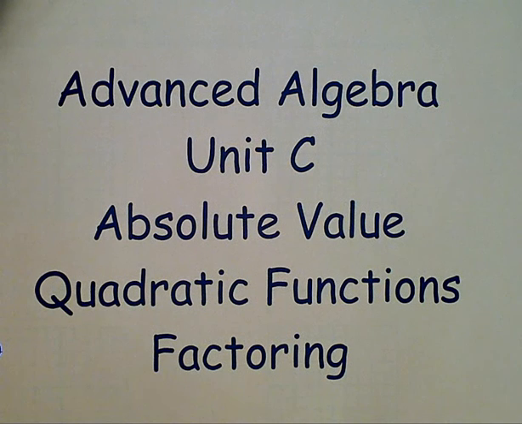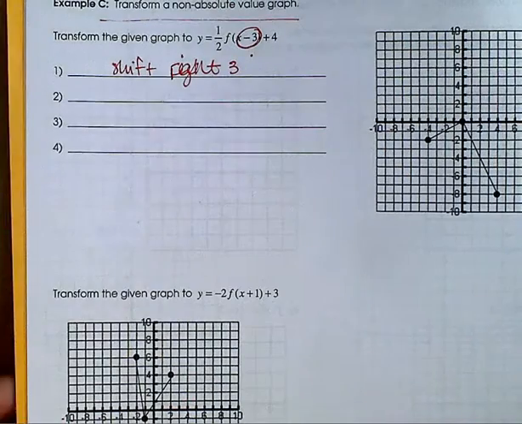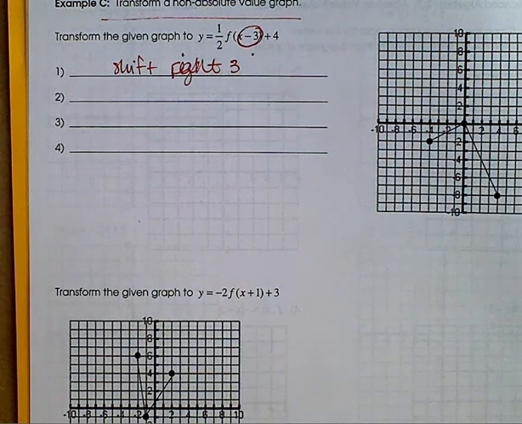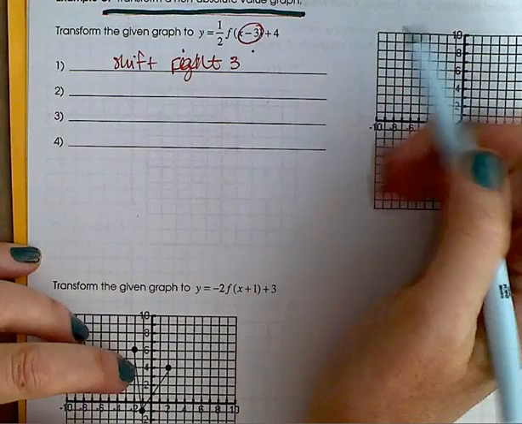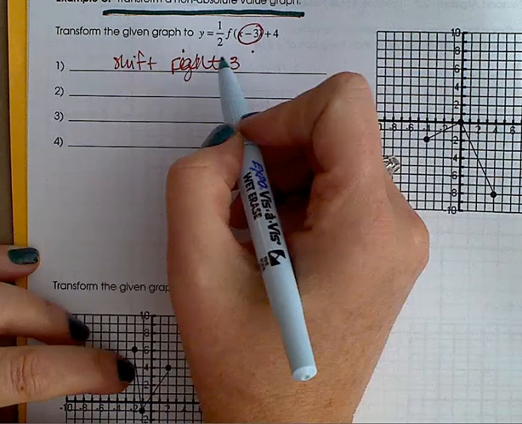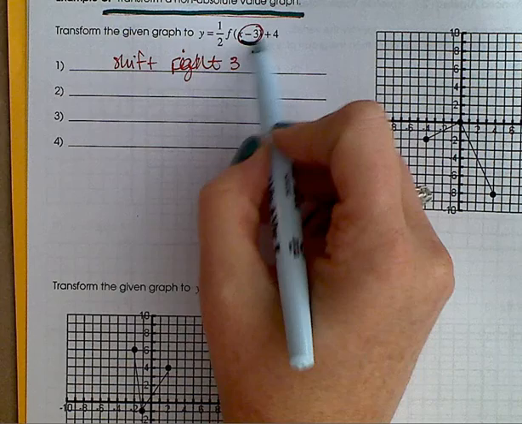Okay, so I'm on page 8 of your packet, Unit C, Notes. This is where we left off with absolute value the other day. So now we are going to transform a non-absolute value graph. So we talked a lot about these shifts. So this is a shift right